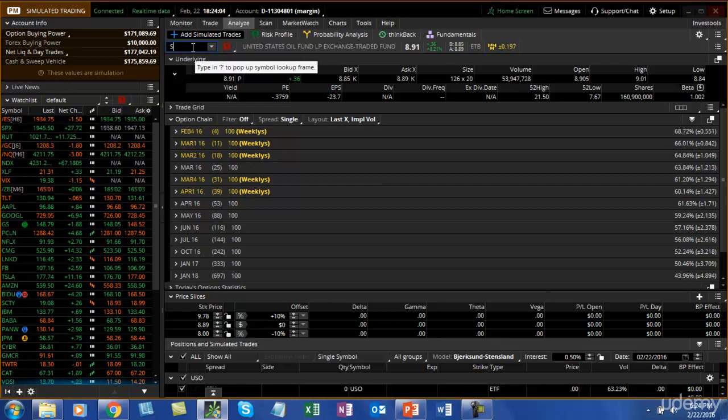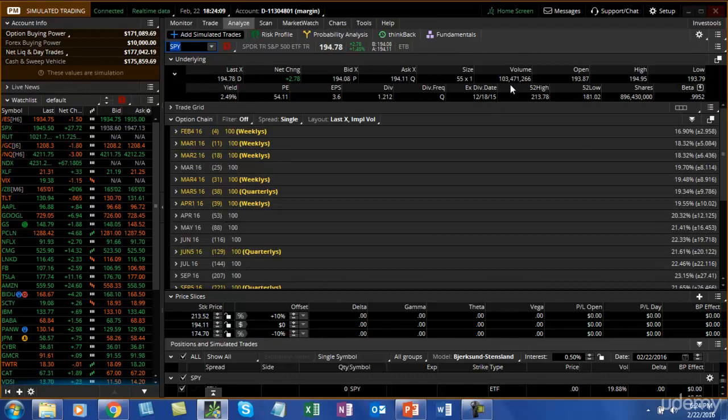If you look at the SPDR, which is of course the largest ETF there is, you'll see that it trades 103 million shares today. That's fantastic volume. You'll find that the bid-ask spread is also very tight. Even in after hours, it's only 2 cents. And once the market opens, this will be even tighter. It'll be 1 cent. The SPDRs are a great way to get broad exposure to the market.